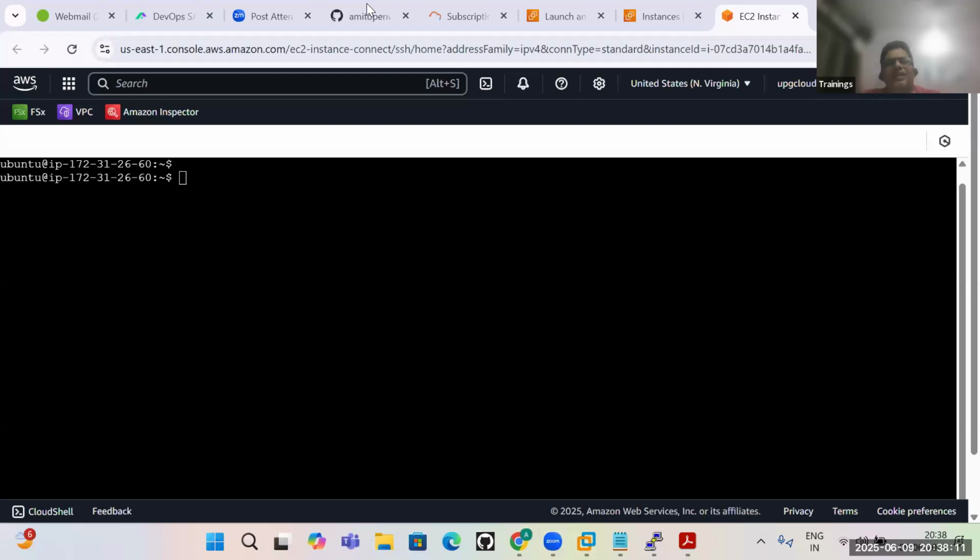No, you can use any Linux. I am just asking for a Linux operating system: AWS Linux, Ubuntu Linux, CentOS, Red Hat, anything you can use. I need a Linux operating system. Why are we using Ubuntu? Because I am comfortable with Ubuntu. That's all. You can use any Linux flavor. More or less they are the same. So it's a comfort level. That's all. They are Linux distributions. If you remember day one or day two, I have